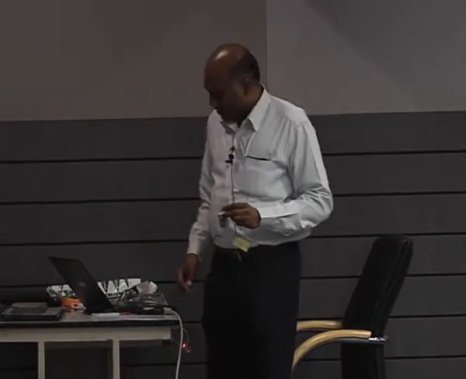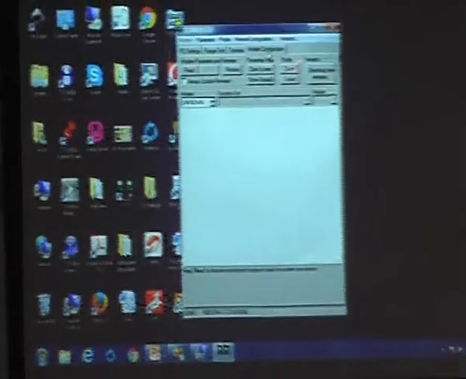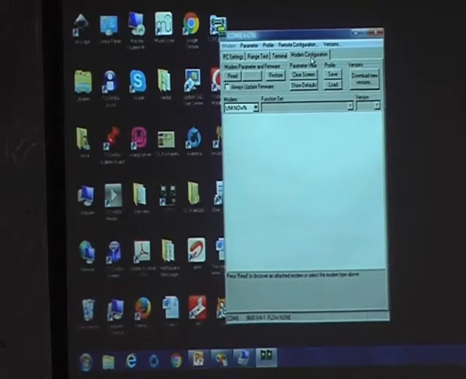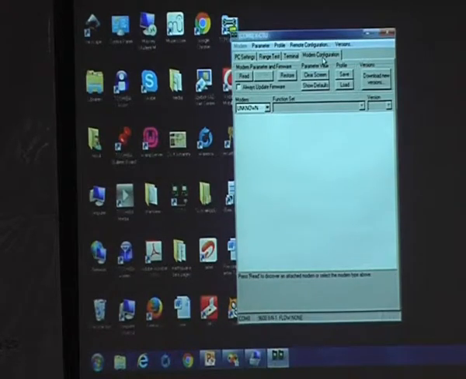Now there is one more tab here called Modem Configuration. This Modem Configuration, as the name itself specifies, is about the radio communication module that needs to be configured over here. The one which is already connected to my computer is the one which you can see here. This is the coordinator. Now if you press the read button for that one,